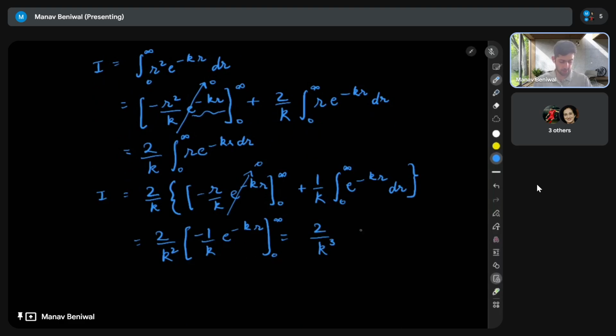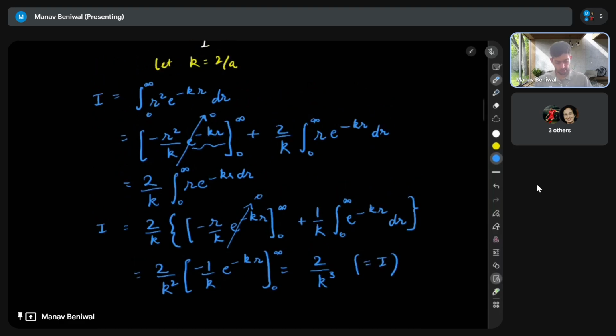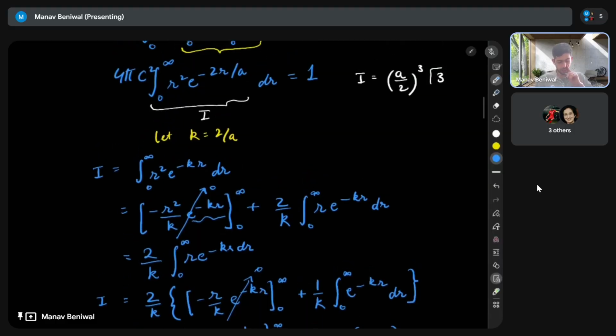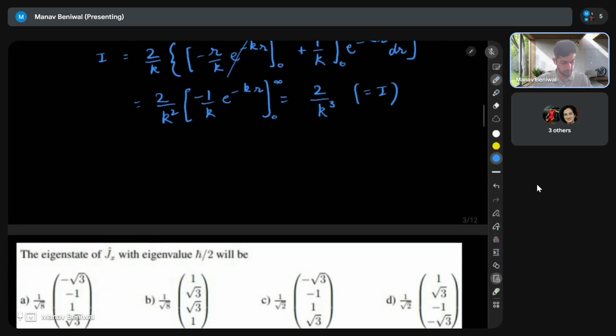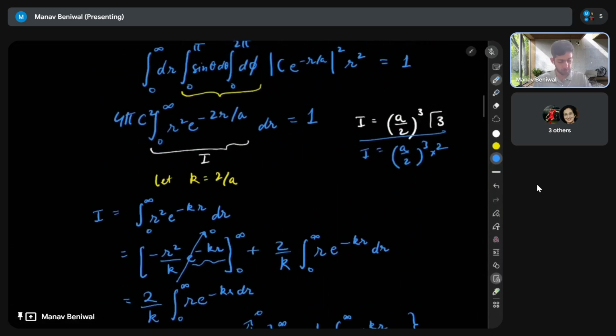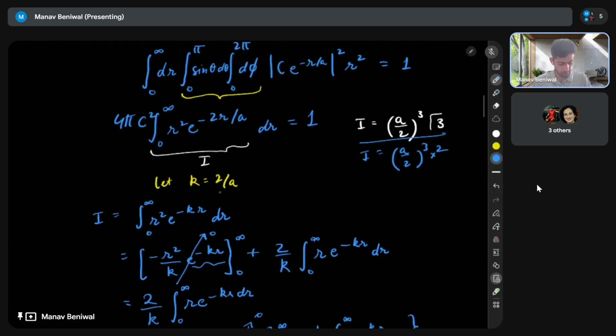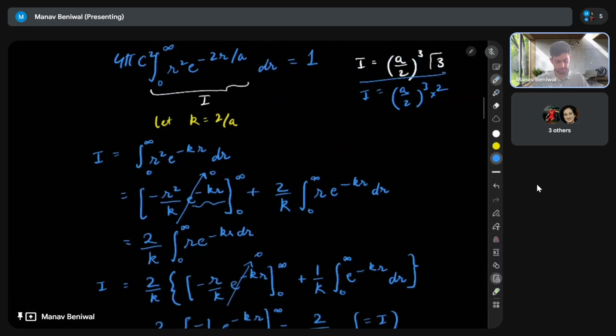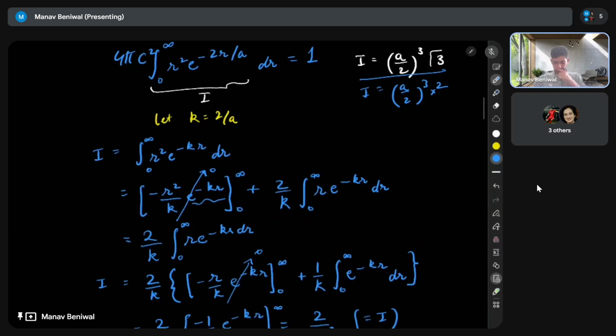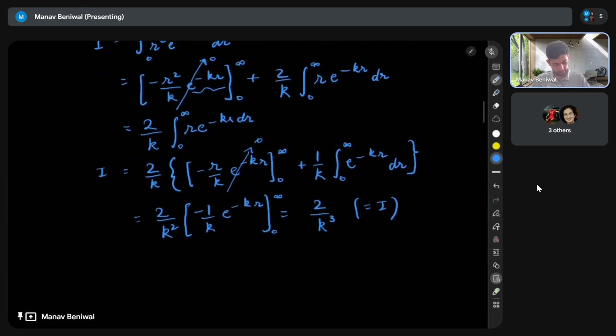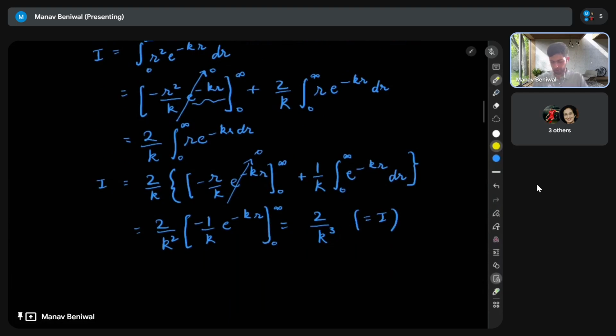So this is equal to I. Also we can check that this is nothing but (a by 2) cube and 2 factorial, which is just 2. And this 2 by k cube, because k is 2 by a, both of them are the same. Then substituting back,